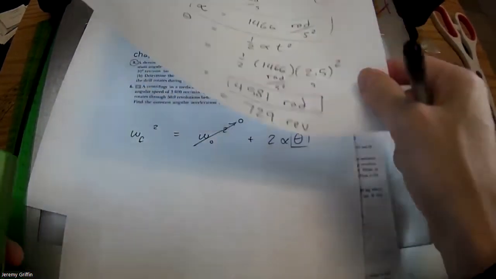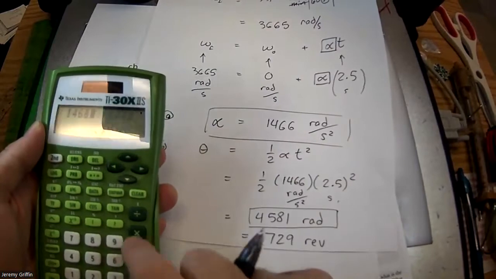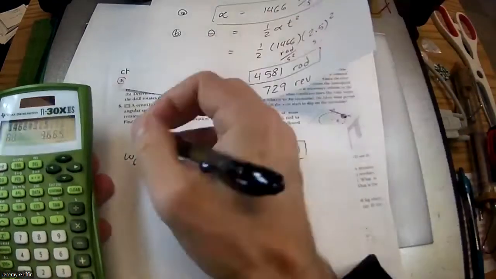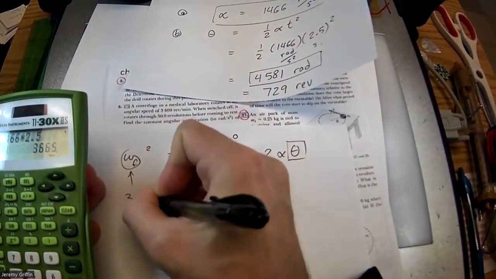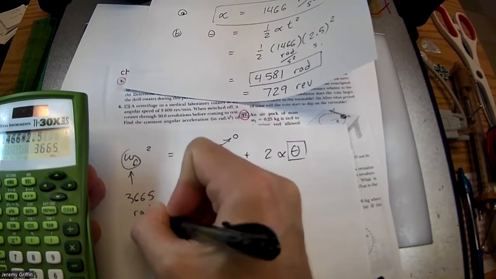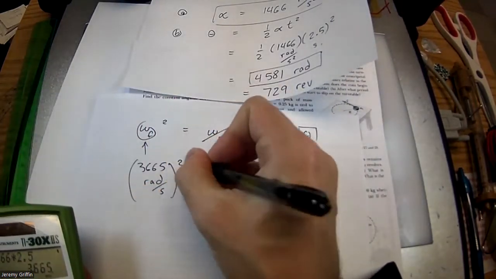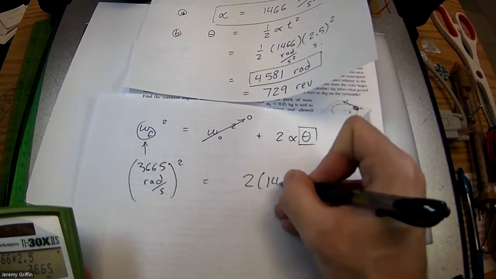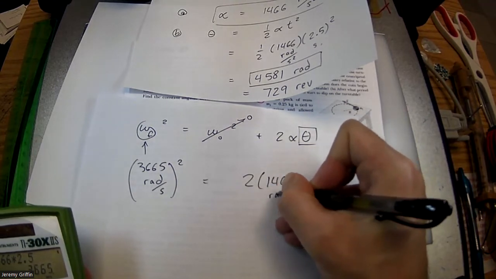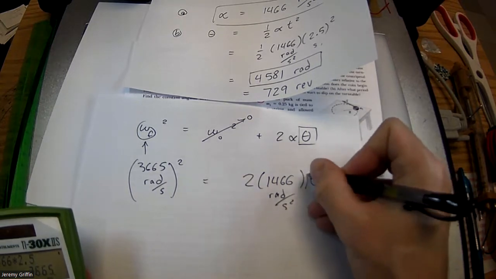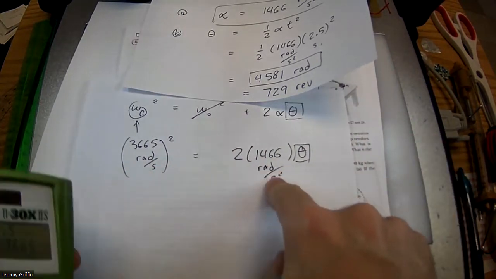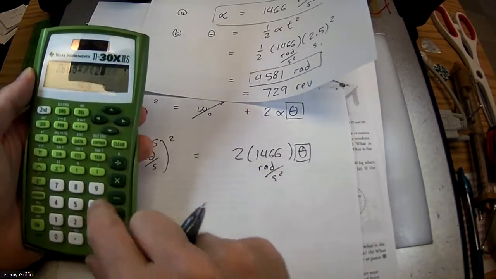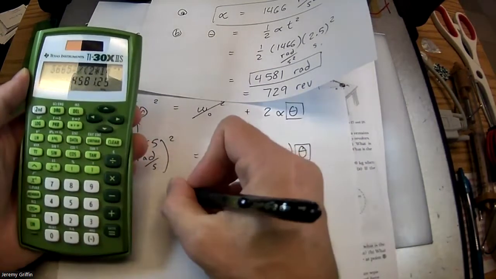I'll just show on my calculator screen. Because if you know it's picking up 1466 radians per second squared, and you do that for 2.5 seconds, this would bring me up to this number, 3665 radians per second. So that's how fast it's going. Now, first you have to square that, and then divide by 2, and then alpha is 1466 rad per second squared. And you can solve for theta that way. Take that divided by that. So 3665 squared divided by open parenthesis 2 times 1466. They should get the same answer,